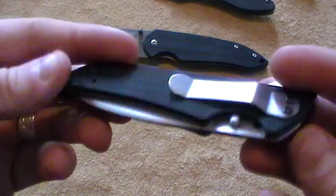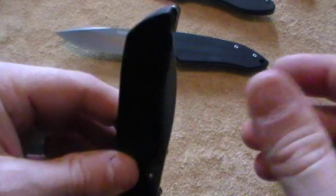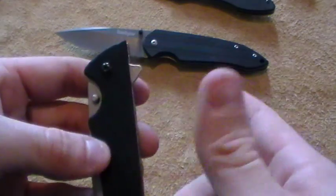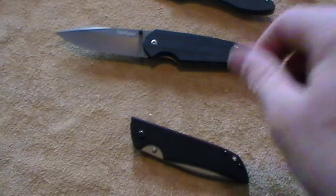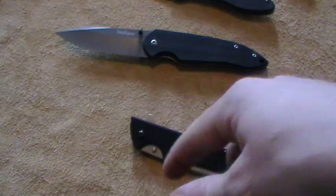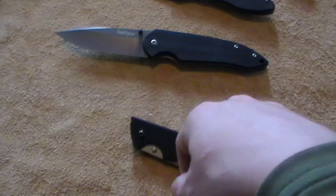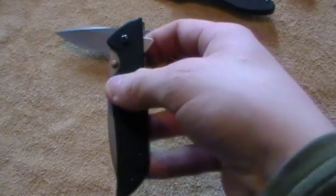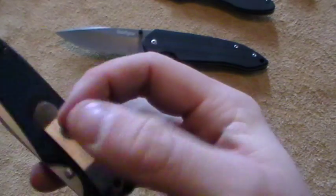I'm probably going to swap it. I've been carrying it like this. Generally, I switch them and carry it the other way. But I've been carrying it on my left pocket, and because it's not swappable left to right, I don't really care. Because I generally carry my primary defensive knife on my right pocket on my strong side, and then I'll carry something else on my left side. So I've been carrying it left side, and since it's only swappable up down, it didn't really make any difference to me,